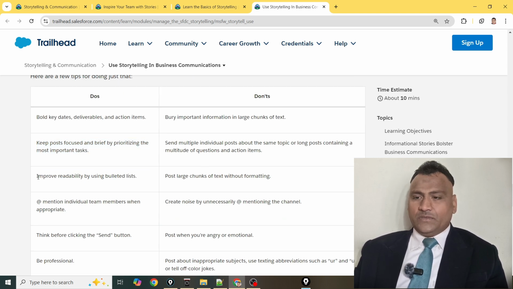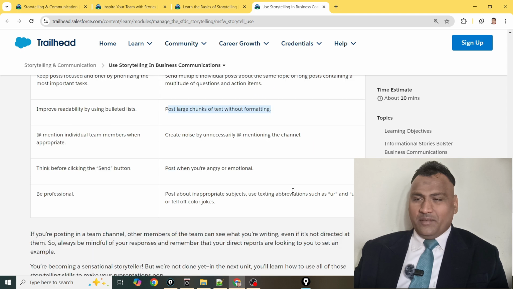Do improve readability by using bullet lists. Don't post large chunks of text without formatting. Do mention individual team members when appropriate only. That is a very effective tool. Mentions are very powerful, so use them appropriately.